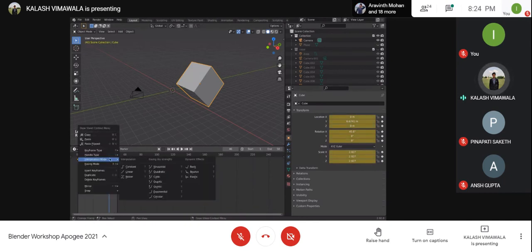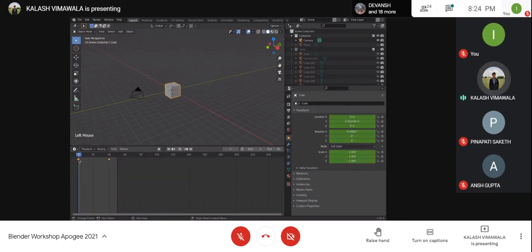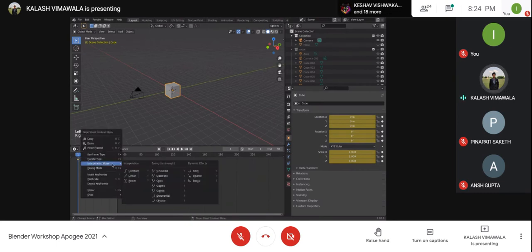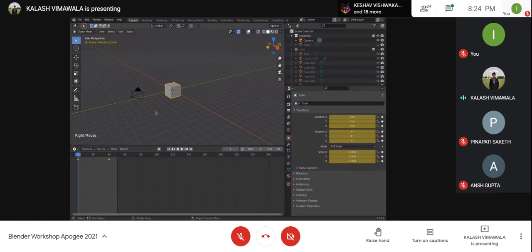I can go back to this and select exponential. So for exponential, what would happen? Let's see how it works. All right, you see a rapid change towards the very end. But if I go ahead and turn it back to linear, let's see what happens. It changes linearly. Okay, and you can apply this keyframing concept to almost anything.